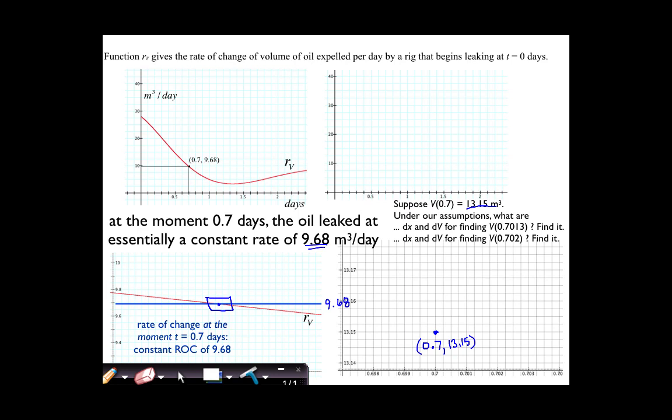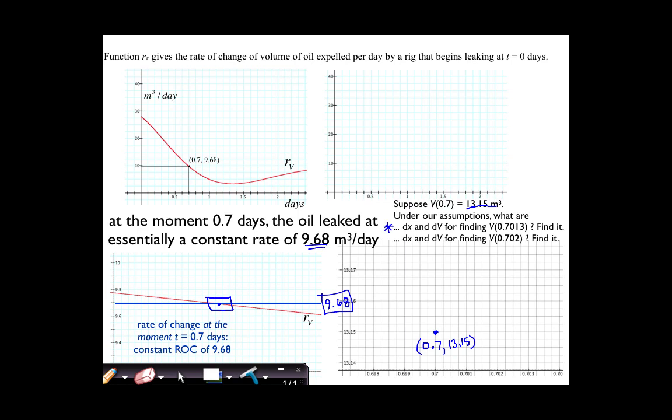But I also know at this point in time what the rate of change is, and it's essentially constant. I'm starting at this little blue dot over here and going to the right for just a little bit, meaning going forward in time just a little bit. So I should be able to say, oh, this is just about a constant rate. It's a constant rate of 9.68, not 70-something square feet per minute, but in this moment, my graph is going to be increasing at a constant rate, because it's oil spilling, of 9.68 cubic meters per day. So if I wanted to find,